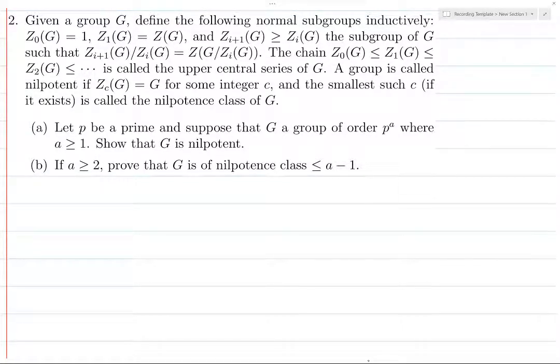Alright, I find this problem extremely frustrating, but now that I have a solution, it should be fairly straightforward. Okay, so let's start. For A,